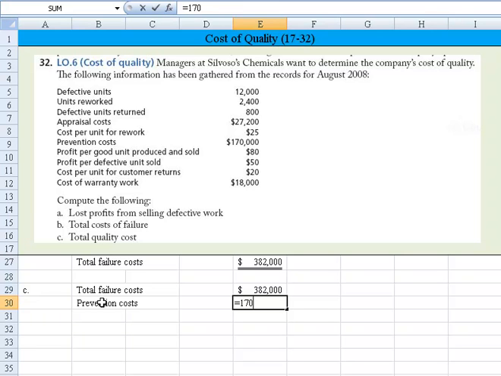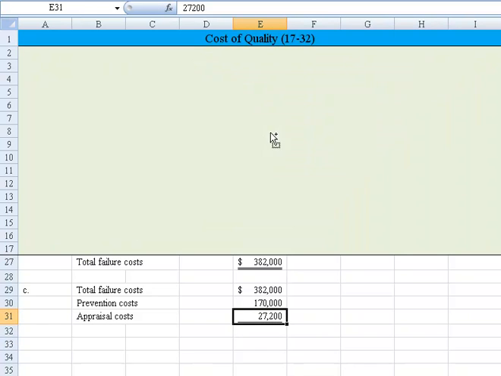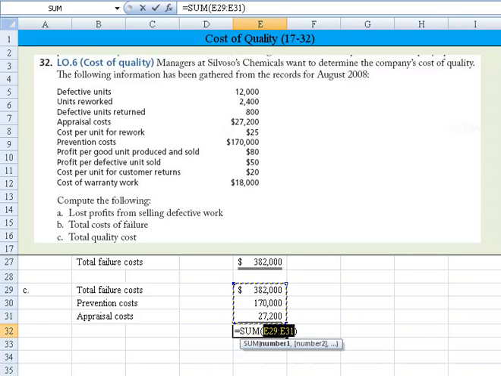That probably includes the quality control department, inspectors, just areas in the general ledger where we were able to track that. What else do we know? There is an appraisal cost of $27,200 as well. So if we add the failure cost plus the prevention plus the appraisal costs, then we've come up with a way to define quality cost as they're commonly defined. Okay, again, I want to underline this, give it my sum command, double underline that,